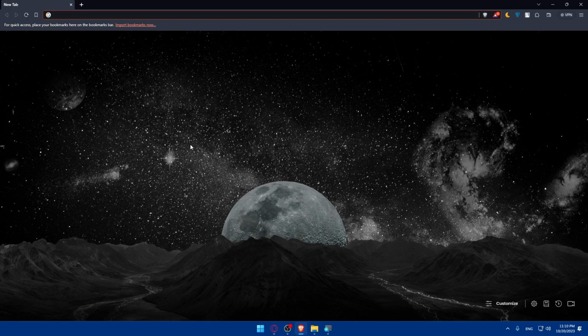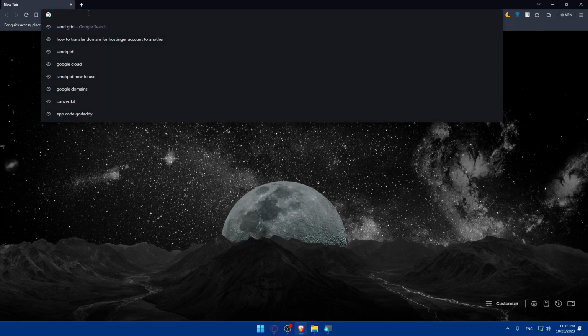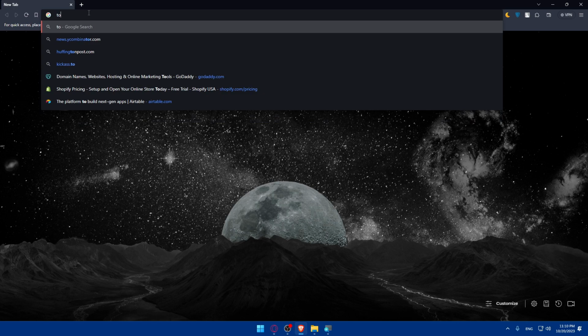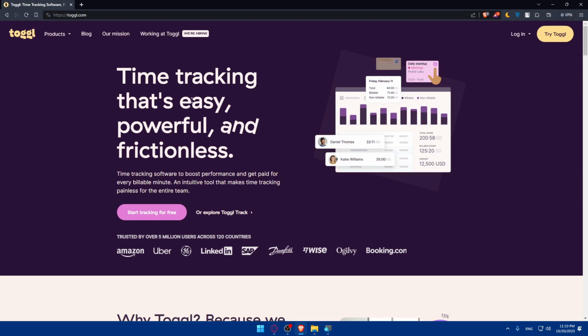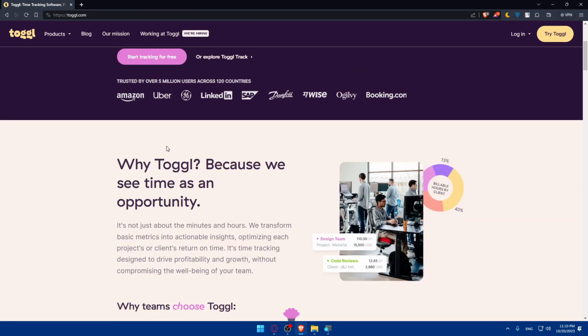Once you open that, make sure to go to the URL section and simply type Toggl and hit the enter button. Once you do so, make sure to click on this first link, which is Toggl Time Tracking Software, Project Planning, and Hiring Tools. Click on that. So once you are here, of course, as you can see, before we start, make sure to